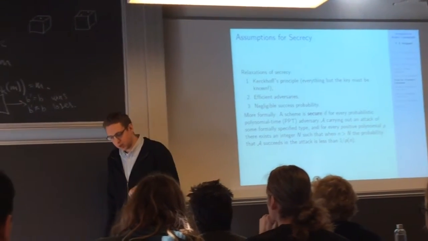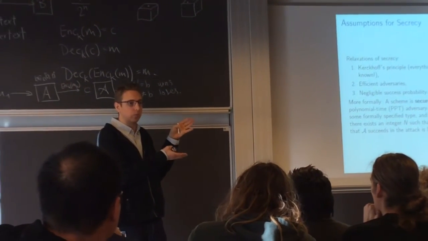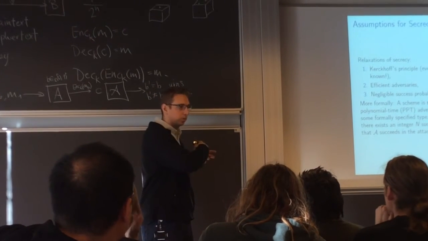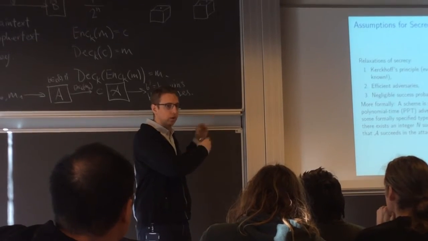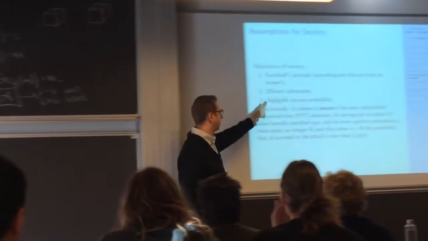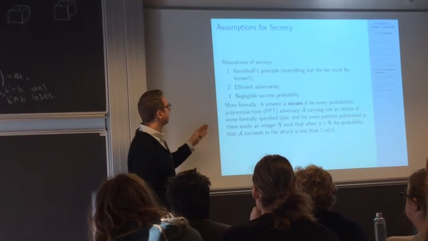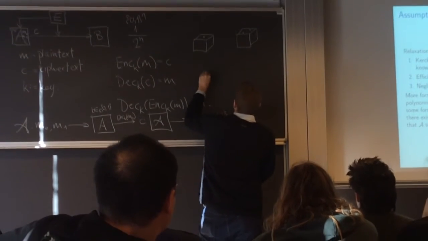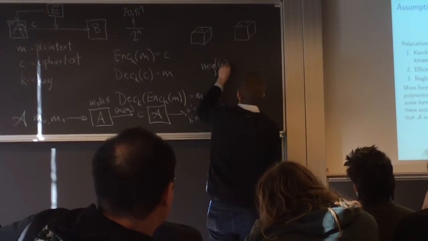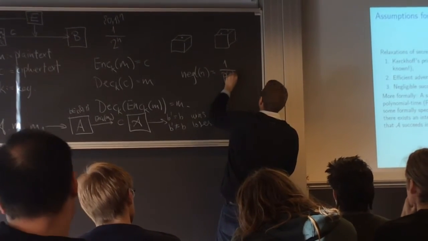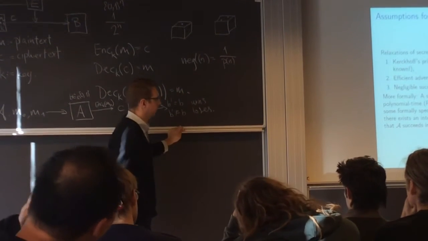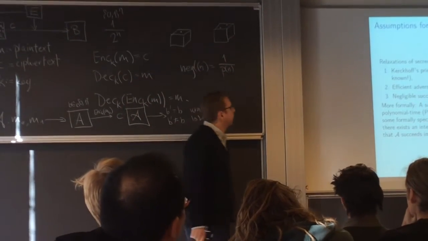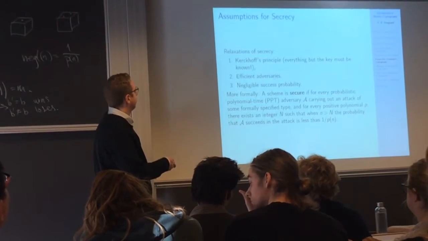Efficient means polynomial time, which means that whichever algorithm we use to instantiate it is going to take polynomially many steps. Quantum computers don't have that problem. They're exponential. So polynomial time is what we're talking about here. And we want to say that they succeed with only negligible probability. Negligible probability is a function of n, which is 1 over some polynomial in n. That's all it means. So whenever I say negligible, just think this. It's very small according to n. Okay, that's what I've written there.